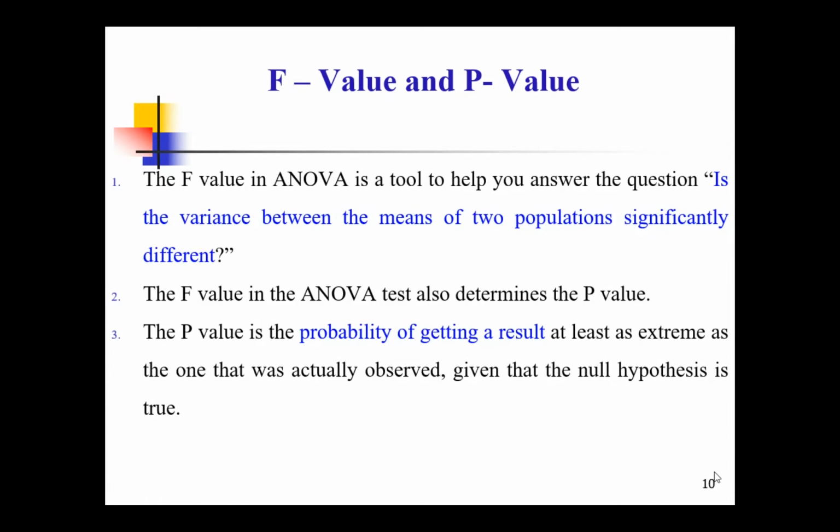So this F value should be as high as possible, so that the factor will be more significant, and the P value should be as low as possible, because we are going to carry out the statistics